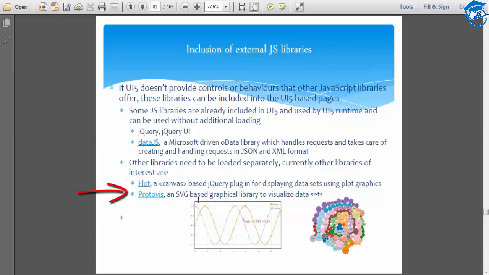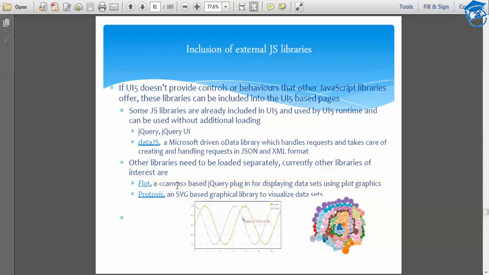That's SVG. When we talk about Canvas and SVG, it is nothing but a drawing, to draw a chart, etc. So Canvas is an extended version of JavaScript libraries, that is jQuery. It's a jQuery plugin, Canvas, and it can display or plot your graphs.